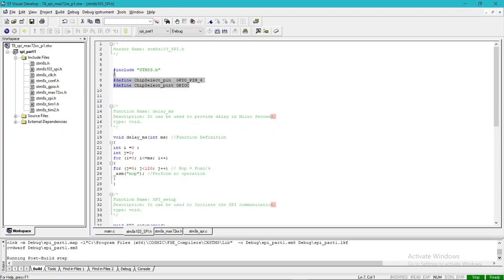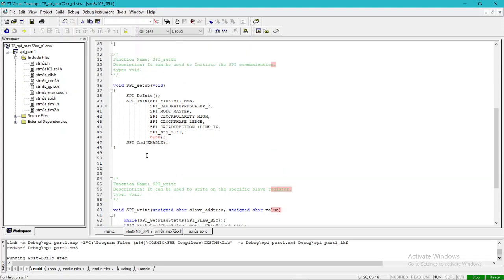At first I have included the necessary header files. Then I made a delay function. If you are a follower of our STM8S tutorial series, then you might have used this delay ms in our previous tutorials, where we use two for loops to provide a no-operation delay in our programs. So this ASM function can be used to perform nothing on the microcontroller.